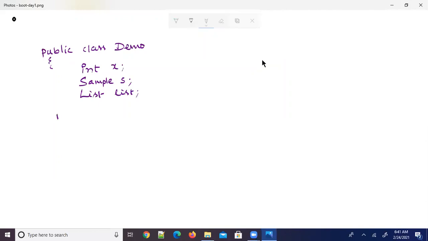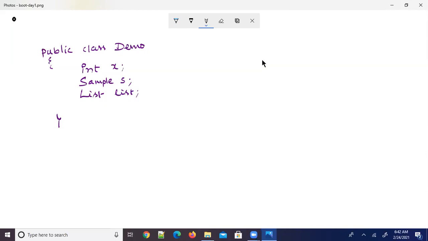So if you look at this, in a class, whatever variables you create, they are all called dependencies. These are all the variables, which we call attributes, defined in this class. Whatever variables or attributes you define in a class are called dependencies only.